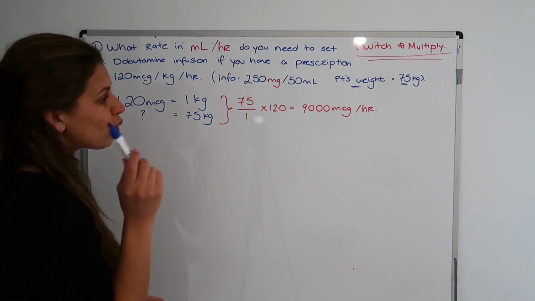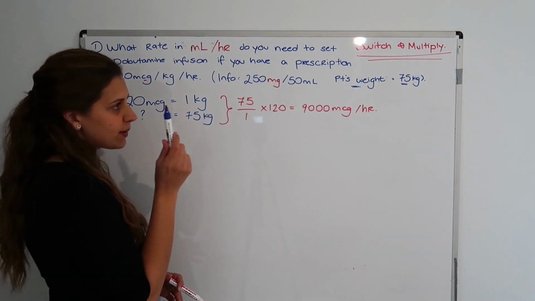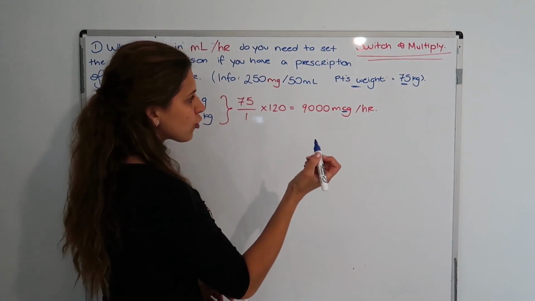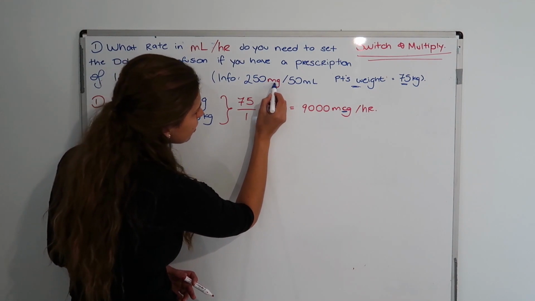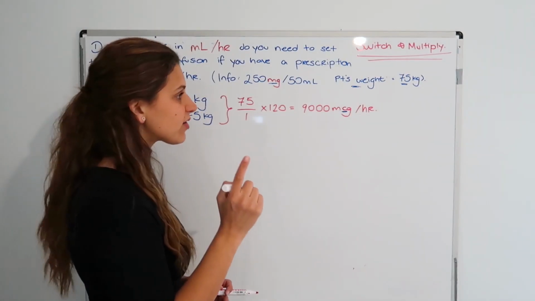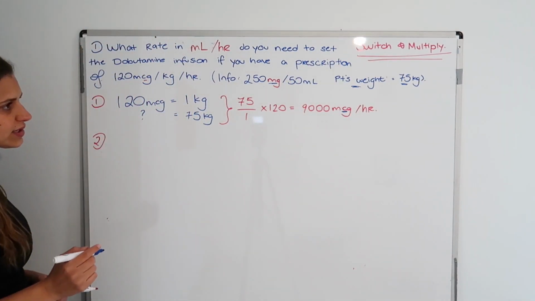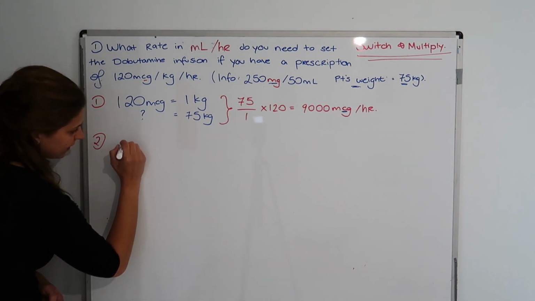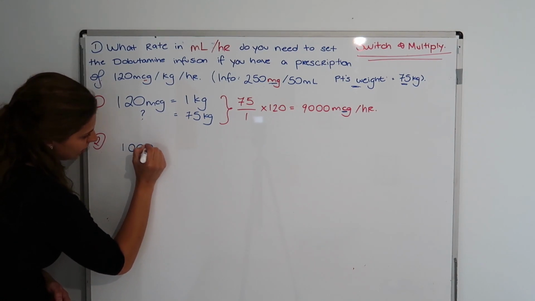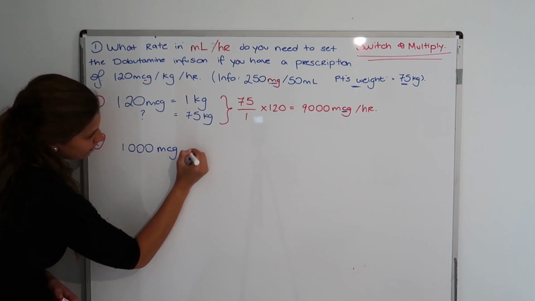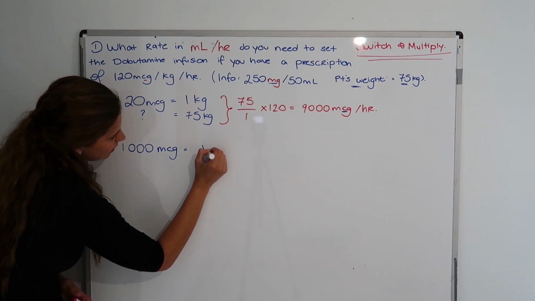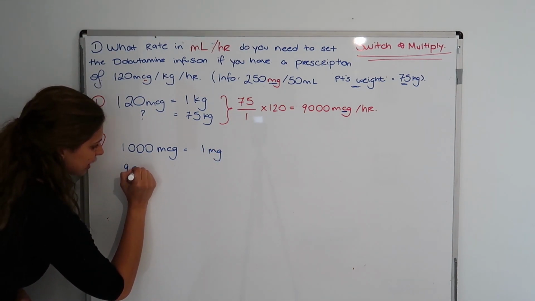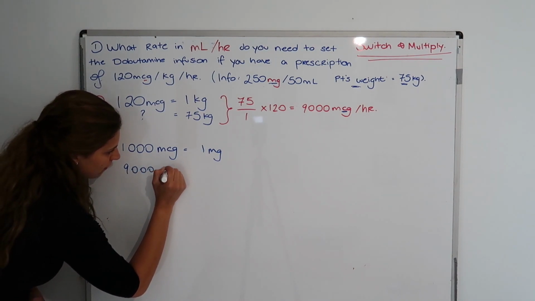In step 2, we have a small problem because our value here is mcg, microgram. Our value here is mg, milligram. So we have to change this. What do we know? Let's see. We know that 1,000 microgram is 1 milligram. Good? So how much is 9,000 micrograms